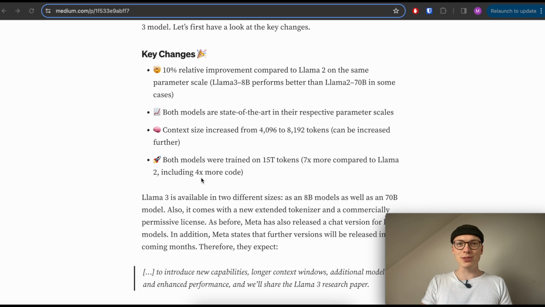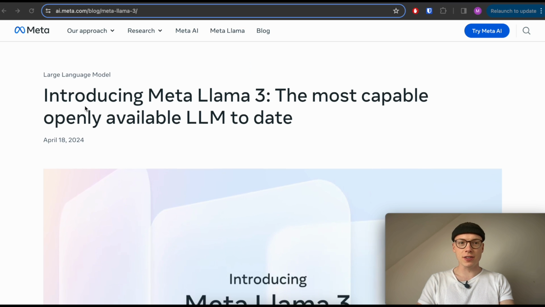This also includes 4 times as much code data. Compared to Llama 1, which, if I remember correctly, was trained on 1 trillion tokens, and then Llama 2, a huge step to 15 trillion tokens for pre-training both models. And as Meta states in their official blog post introducing Meta Llama 3,